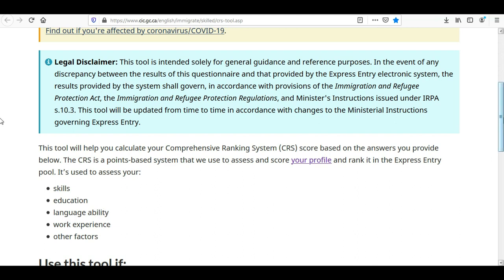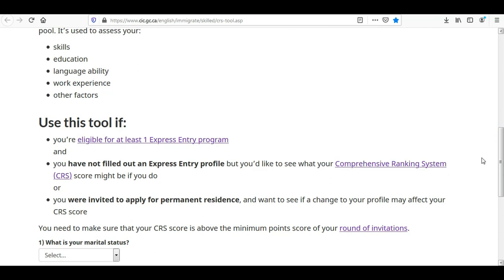You can use this tool to check whether you are eligible for at least one of the Express Entry programs. As you are aware, the Express Entry program is further subdivided into three categories. The first category is Federal Skilled Worker, FSW, the second category is Federal Skilled Trades, FSTP, and the third category is Canadian Experience Class, CEC.